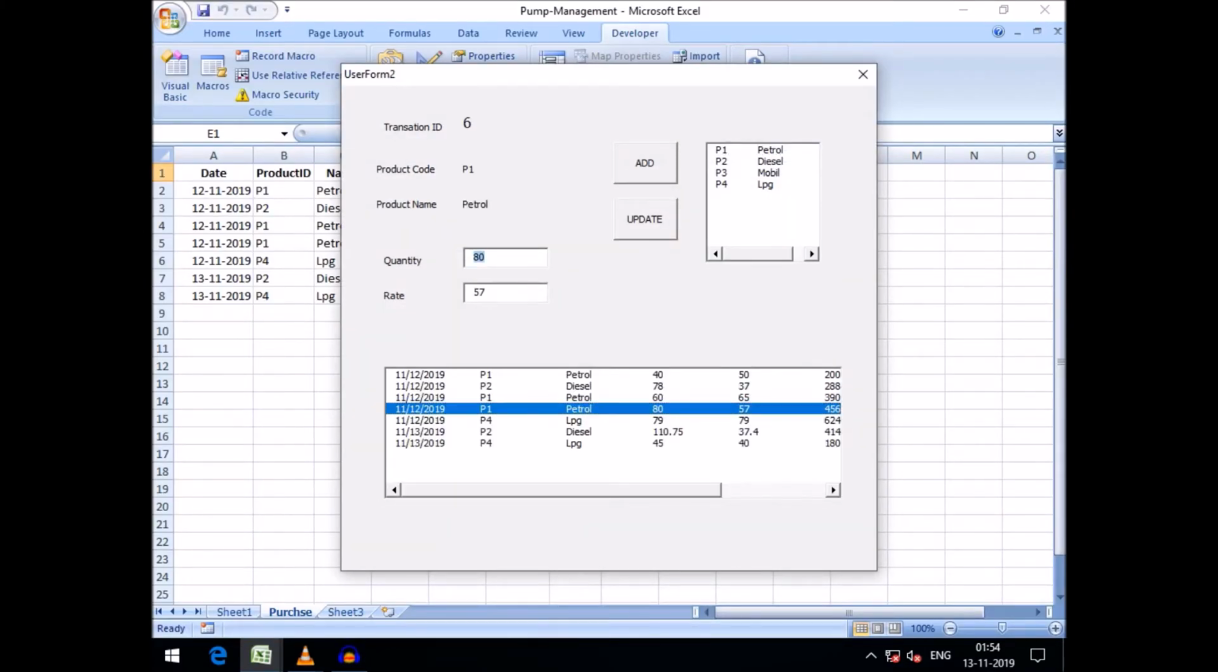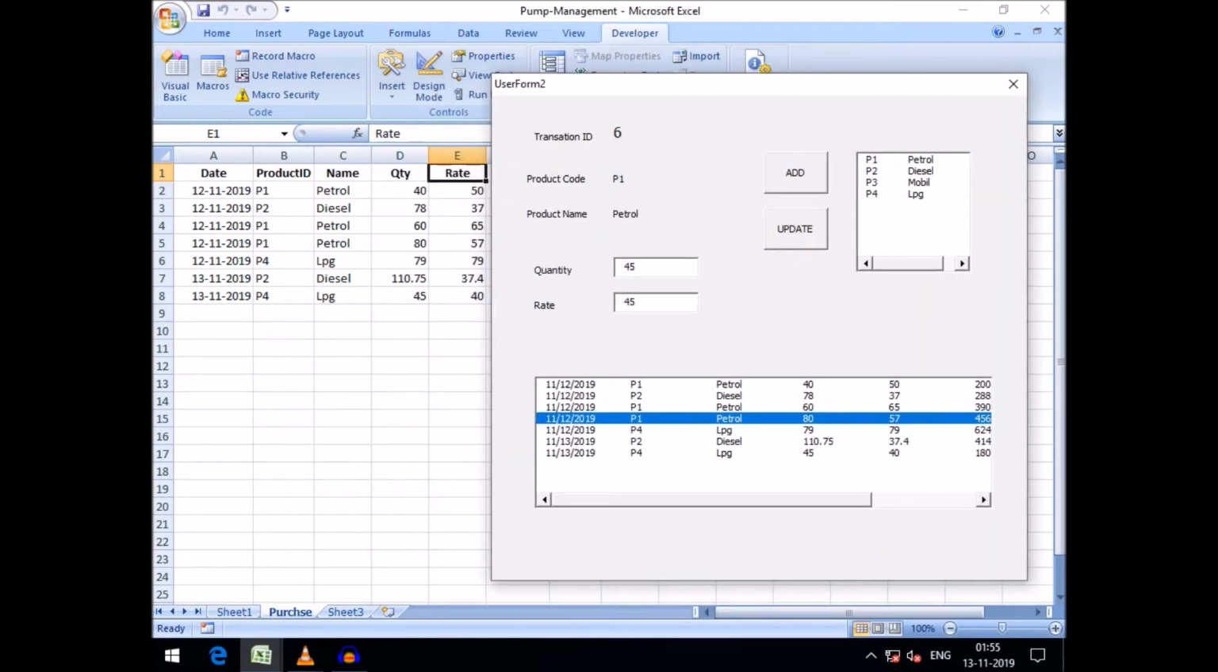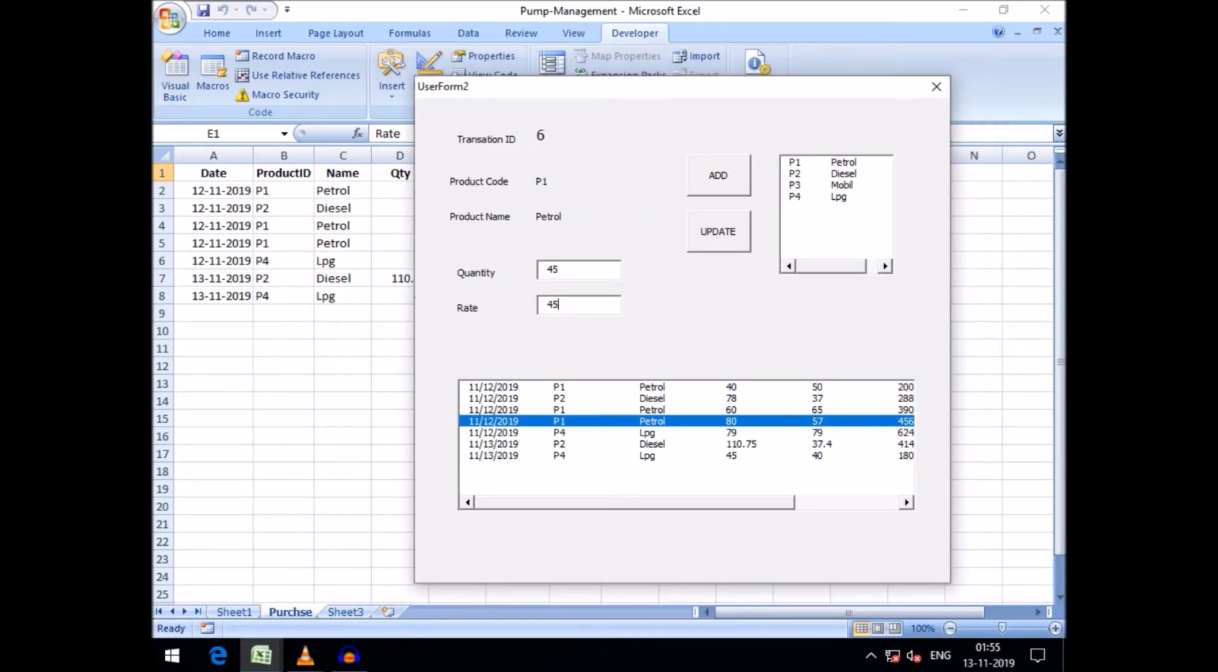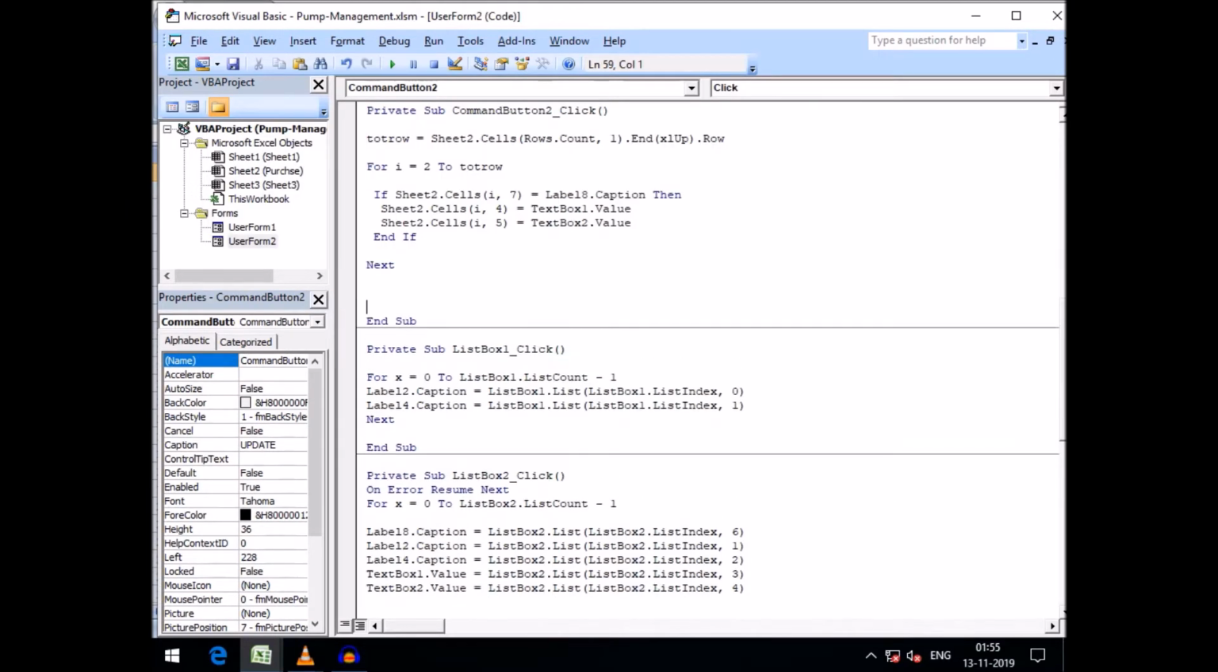If I want to modify this, let's see, with 45 instead of 80, and here also 45. See, 80 and 57 will be converted into 45. And before doing that, we need a refresh. We need to refresh this form so that the updation takes place both in the sheet as well as in the list box 2. So just going back for a little while and typing this unload